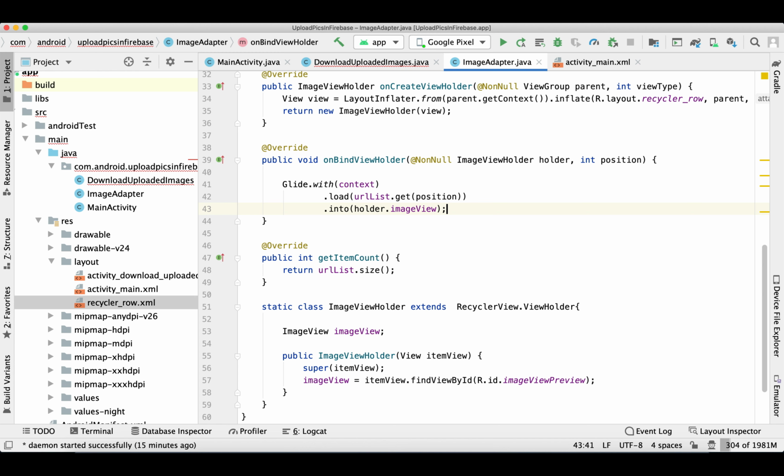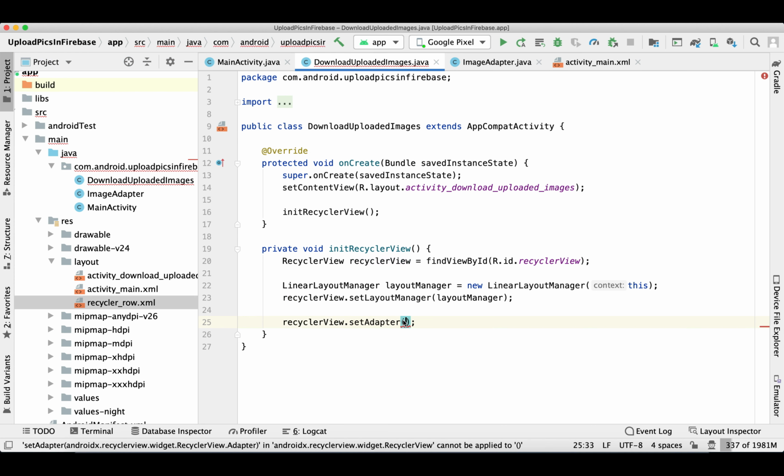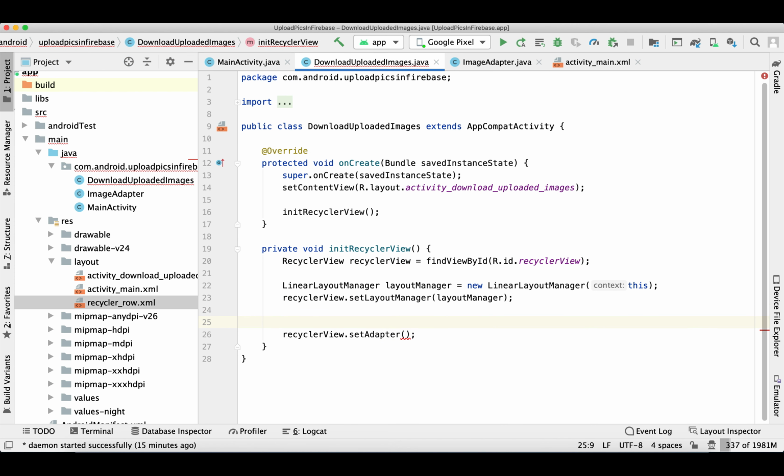So our adapter is ready to set inside our activity. Now go back to our activity and set our adapter.